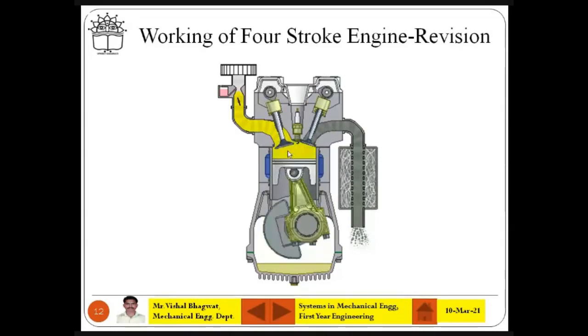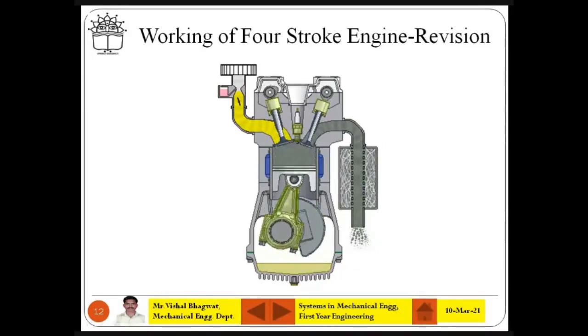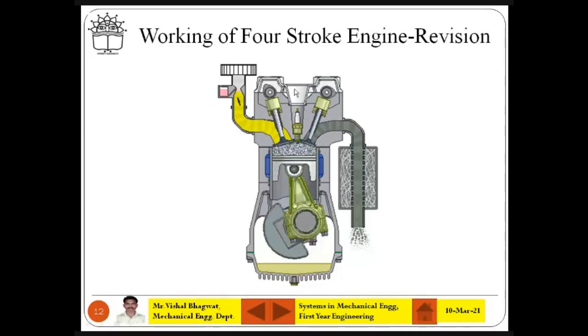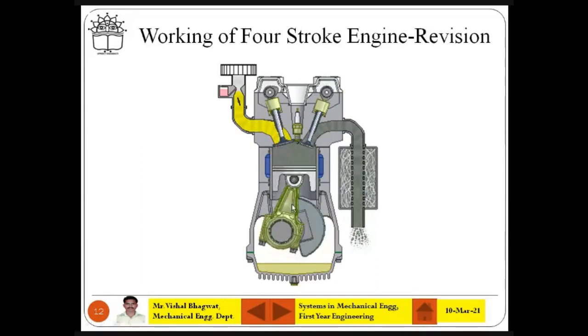ऑब्जर्व करो ठीक से क्या हो रहा है इधर. There is inlet valve on this side, there is exhaust valve on this side. These are operating based on the valve mechanism placed on the head, on the top. The timings are controlled based on this valve mechanism. And when the piston is going down, you can see the suction. Then it is compression, then it is expansion, and then it is exhaust. So this is the thing happening here inside the engine.